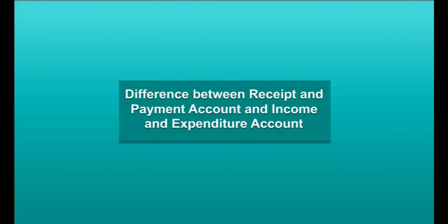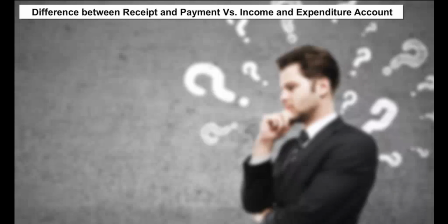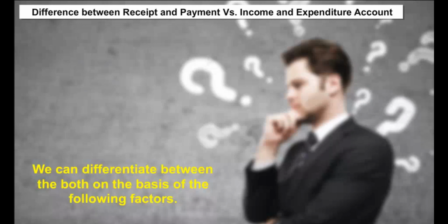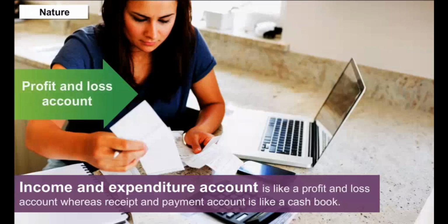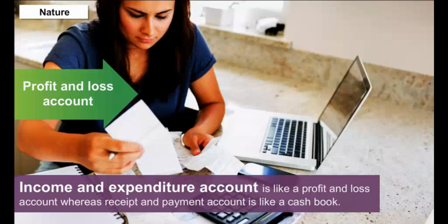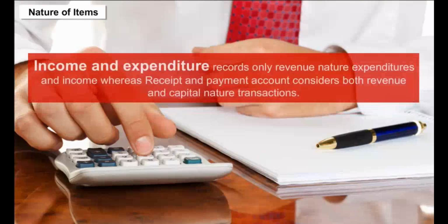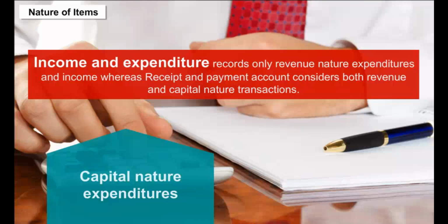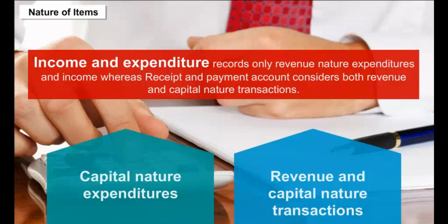Difference between the receipt and payment account and the income and expenditure account. We can differentiate between the two on the basis of the following factors. Nature. Income and expenditure account is like a profit and loss account, whereas receipt and payment account is like a cash book. Nature of items. Income and expenditure account records only revenue nature expenditures and income, whereas receipt and payment account considers both revenue and capital